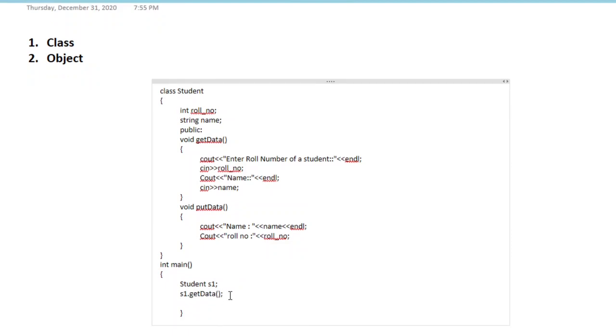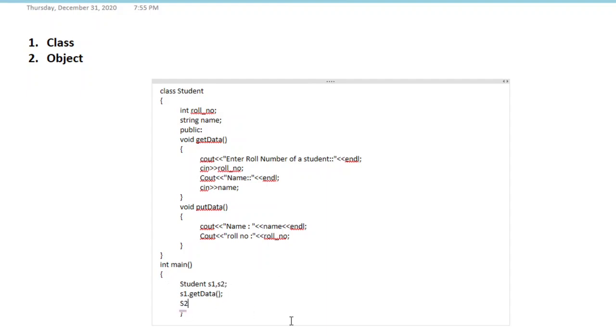It will input the value of s1. S1 is a single entity, and all the variables which are defined in the class will be individual for every object. It means if we create s1 and s2, then the name of s1 will not affect the name of s2.